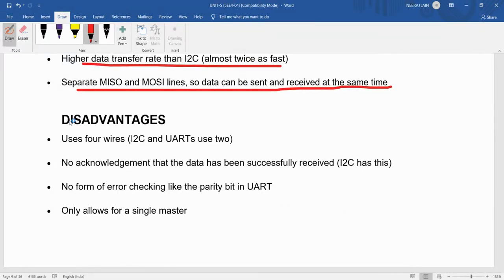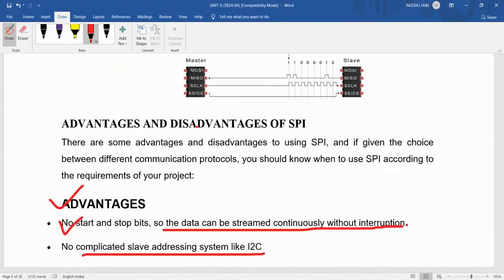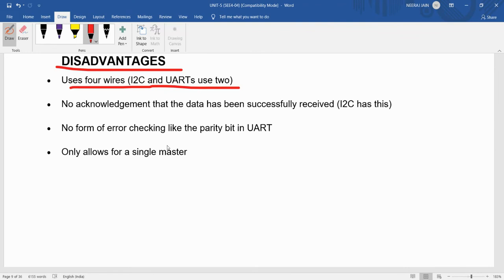What are some disadvantages? Users use 4 wires, while I2C and UART use 2 wires, but here as we can see we are using a 4 wire system between the master and slave. The second drawback is that there is no acknowledgement that the data has been successfully received,